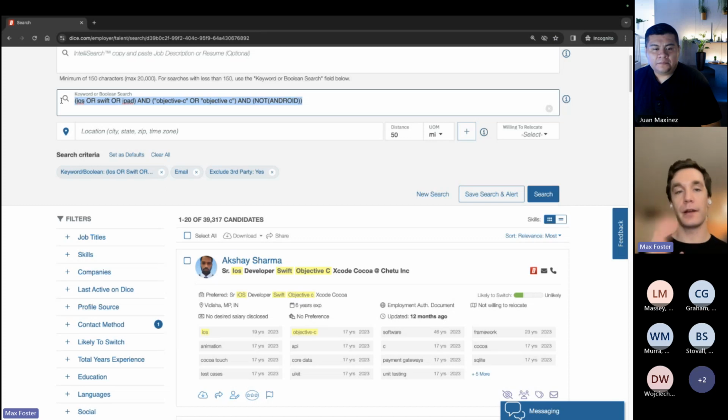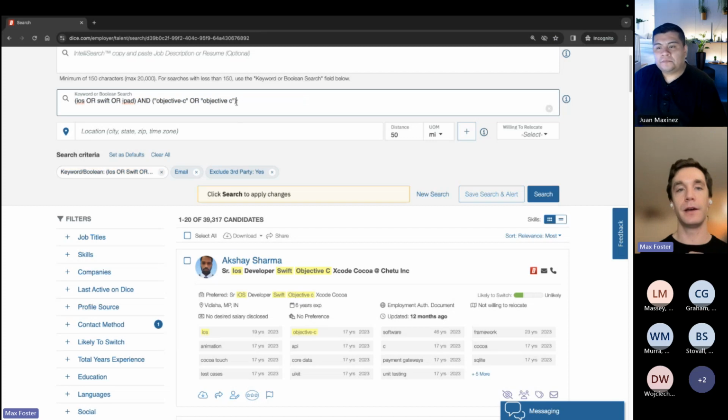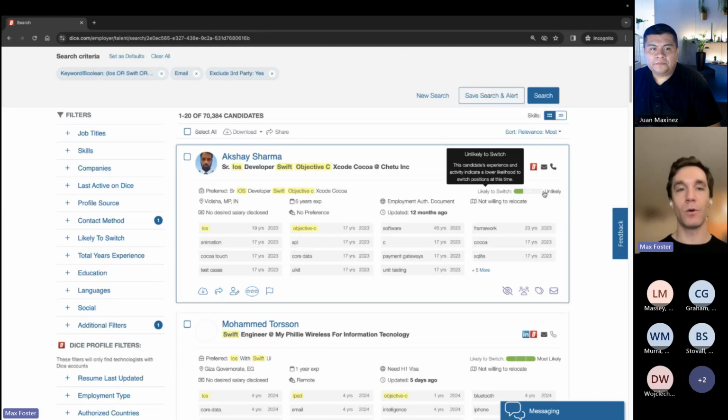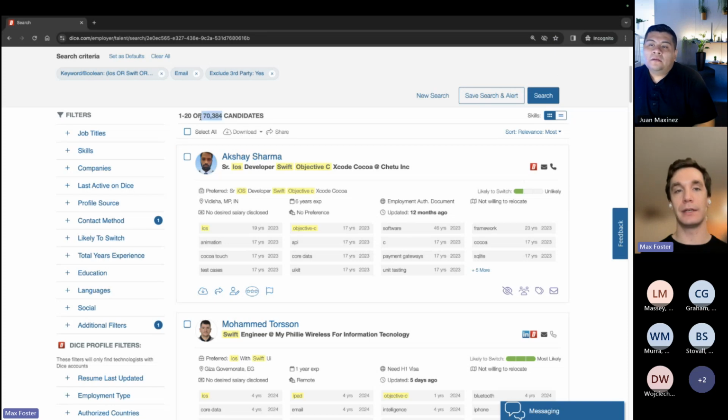Couple of things. One, that 39,000 is probably too much, but also we're saying not to Android. So let's just, for the sake of demonstration, delete the end part and rerun. And this is why I love Boolean, is because you can simply delete, add, do ors, ands, and you can really quickly manipulate this. And just by simply deleting that, I was able to nearly double the search results.